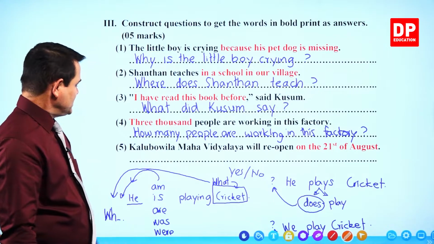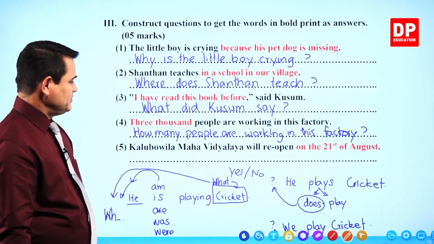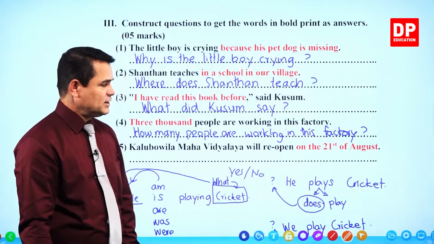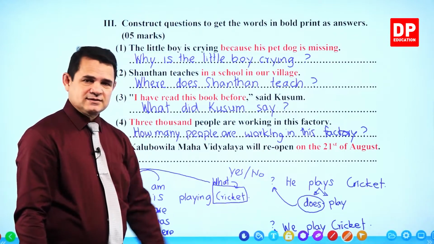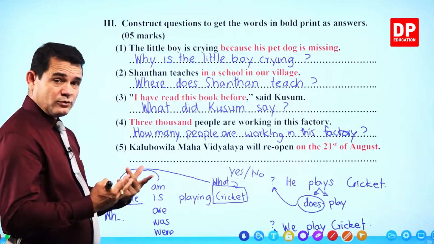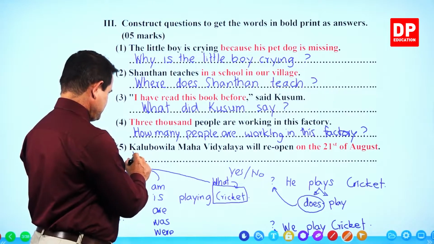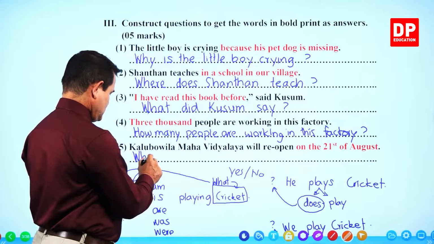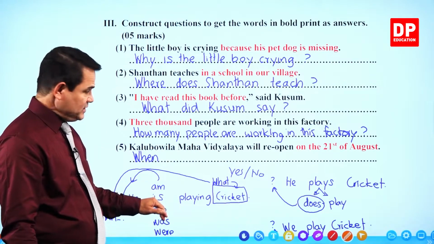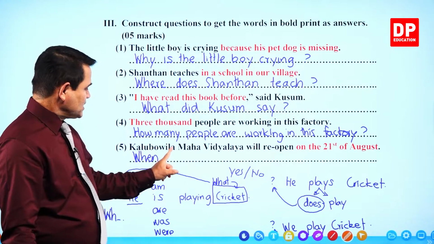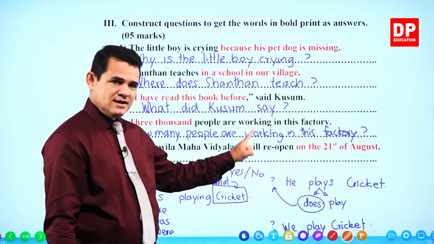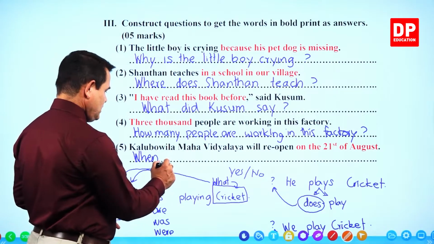Next one. Kalubowila Mahavidyalaya will reopen on the 21st of August. And on Dinayak. Then what is the WH word? When. Kavadada koi viledi can you use the word when. When. Now look at the sentence and see whether these words are there. Am, is, are, was, were, වචන තියනවාද? කළුබෝවිල මහාවිද්‍යාලය will, will කියන එක තියෙනවා. එහෙනම් ඒක ගන්න මුලට. When will,